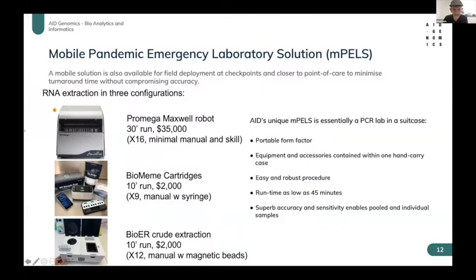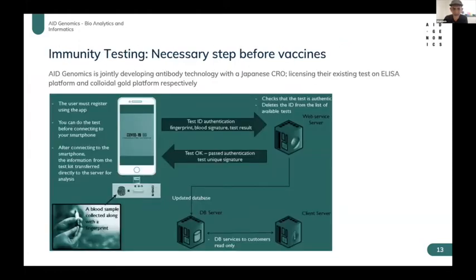So that's what we've been developing: a fast, point-of-care test, which operates within approximately, right now, an hour and 45 minutes for 96 samples. And the last point I want to finish with is that